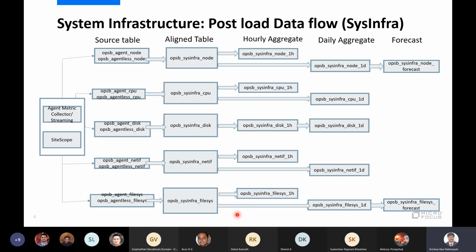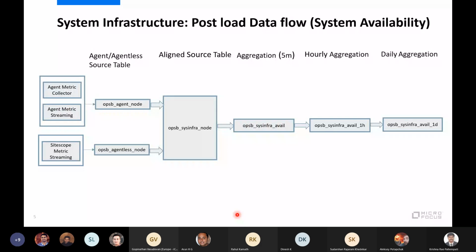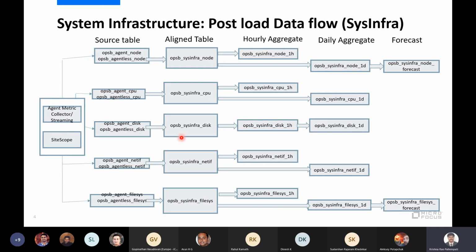If no questions, I will move to the next slide. I will explain one more different structure for the availability data flow. All this node-level CPU and disk data doesn't require much computation.